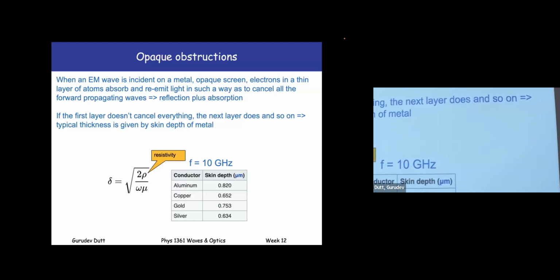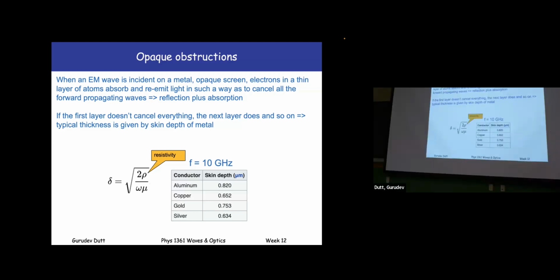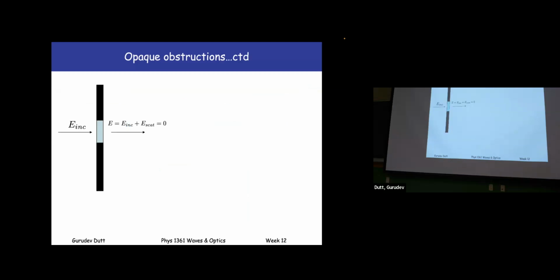Okay, so the skin depth for light is on the order of nanometers, approximately 10 nanometers for various metals. So it's a very small thickness. That's all you need to completely absorb the light or reflect it back, which is what happens in a metal. Knowing that, we will now discuss what happens when I hit an opaque screen, a metal screen